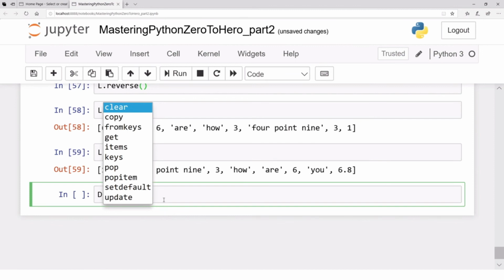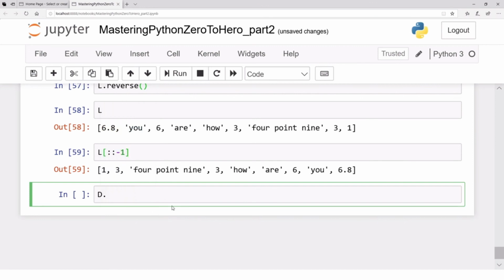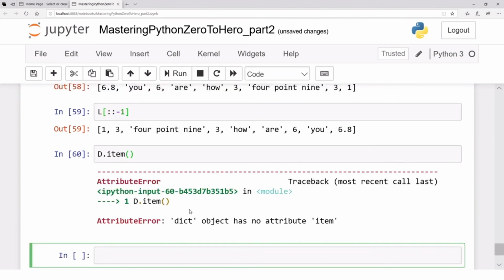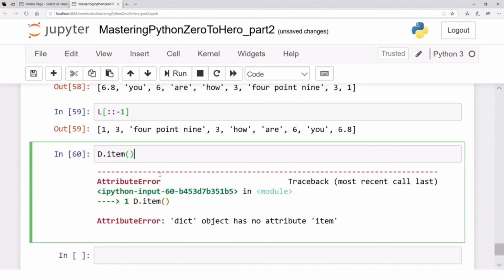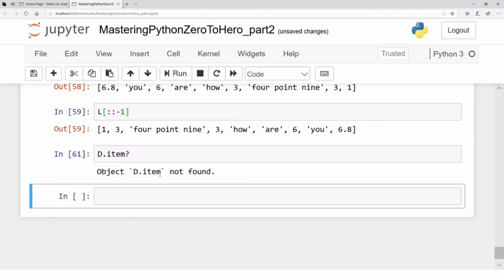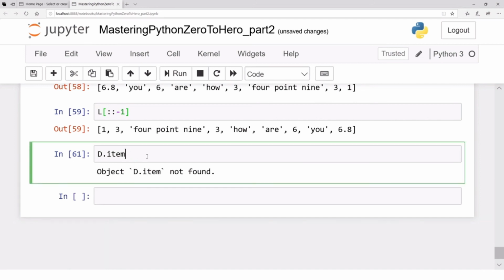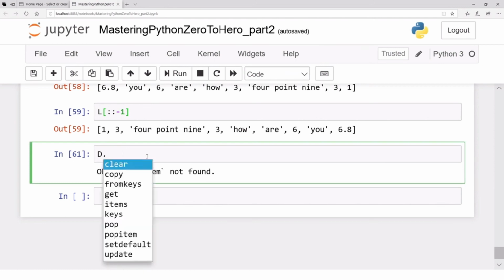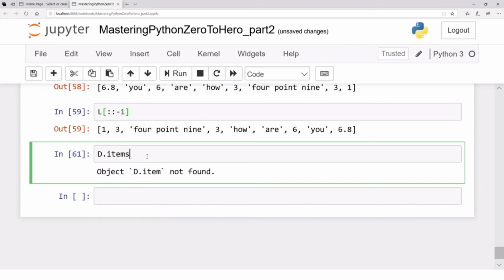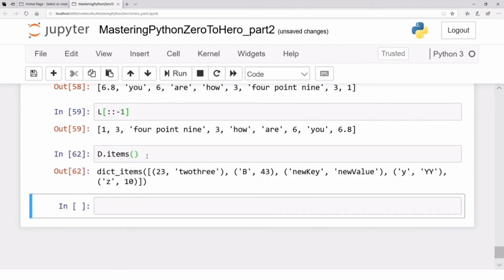Oh, that item might be interesting. What is this item? What does it do? Oh, it has an error. What? How can I use this function? Let's see. Oh, this is just an object. It is not a function. I don't know. Let's see again. Or it is not listed anywhere. Oh, it is items, not item. Okay, items. That's a function, maybe. So these are all the items: 23 with this, B with that, new key with that,